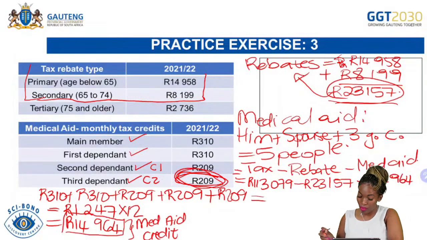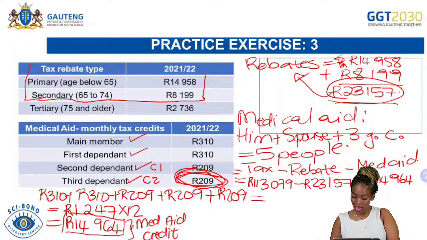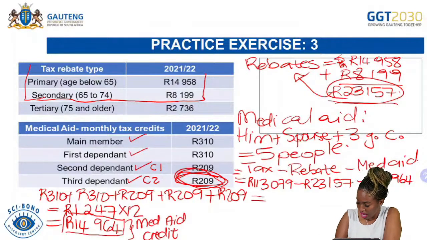14,964. And then we punch in our calculators, guys. We say 113,079 minus 23,157. To see how I'm relying on my calculator, you must do the same. 23,157 minus 14,964. Let's see. I'm getting